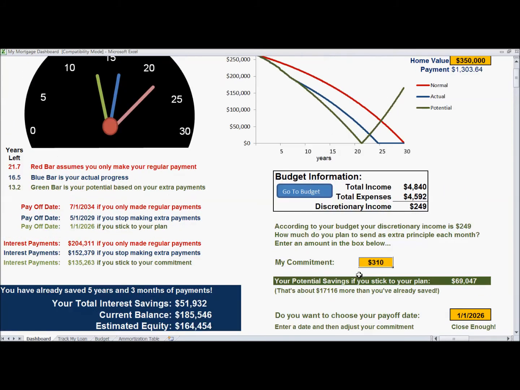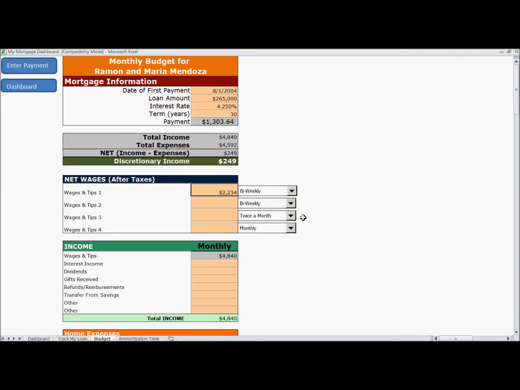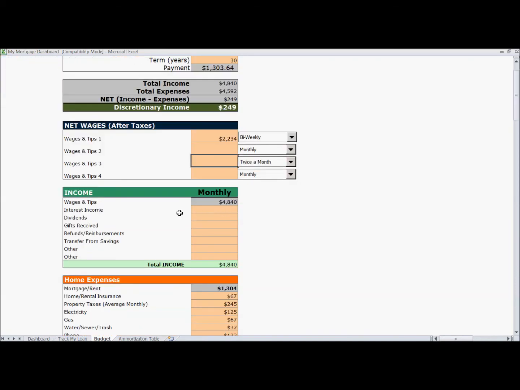And now let's show you how to update your budget so that it will automatically calculate your discretionary income. Simply click on the budget button. Your loan information is pre-programmed already. Simply enter the information about your monthly income. You can add income. Perhaps you earn $1,000 a month on a side business, and that will update your discretionary income. So we'll delete that. Now simply scroll down